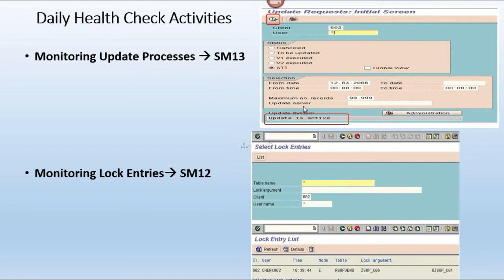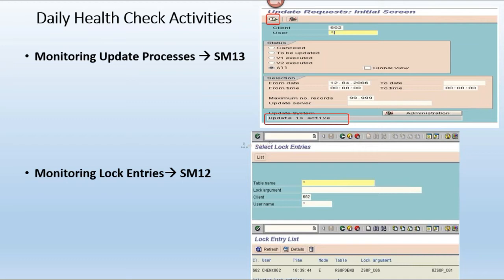Okay, and these are the cancelled updates and lock entries. We have a lock mechanism, right? The enqueue work process. So what objects are executing? What activities, what programs, what programming code is executing? In that code, what SQL statements are executing? In that, what tables are involved? So at every table level, some lock entries will happen.